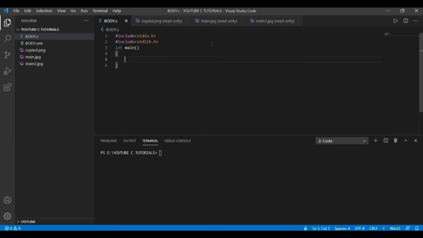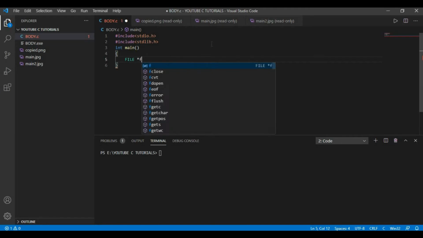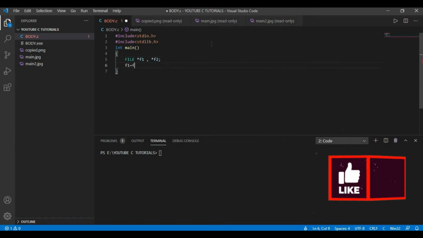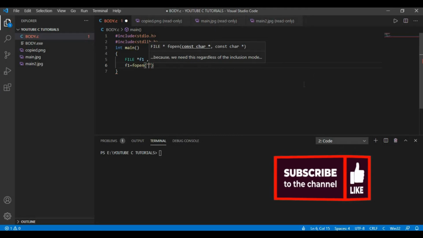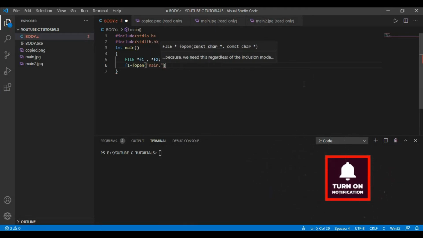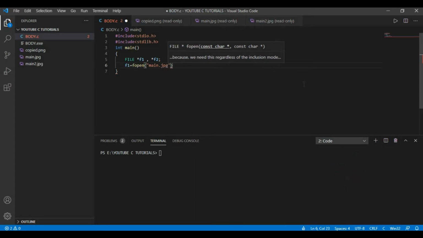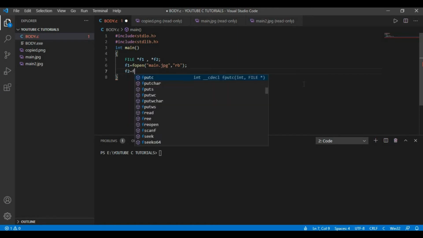After that I will take file pointers, naming the data type FILE, and taking two file pointers, naming them f1 and f2. Now I will open f1 with main.jpg. Make sure to type the extension, that is JPG, and I will open it in RB, meaning read binary mode. After that I will open f2